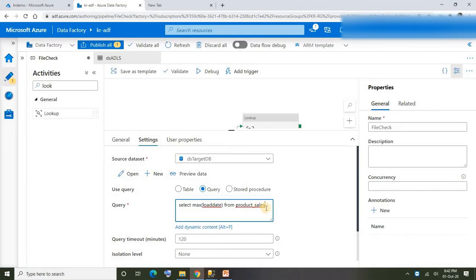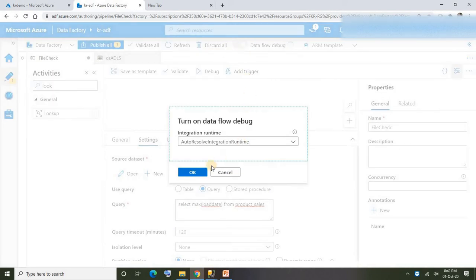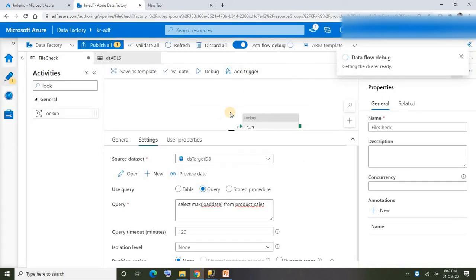Here I don't need to pass any condition because our target table doesn't have any file, so we can't compare with just whatever the last load date. This table will always be loaded with the same file, so obviously only one file will be loaded into the table, but we need to check when the file was loaded last time. That we need to compare with the latest modified date of the file.